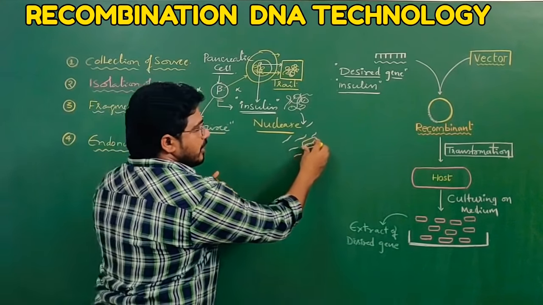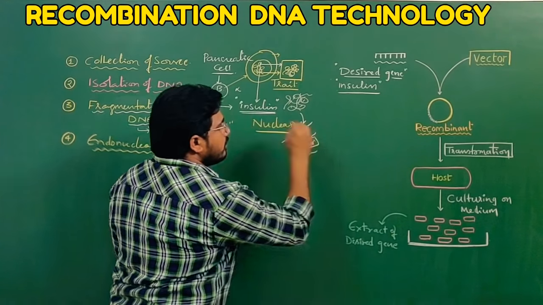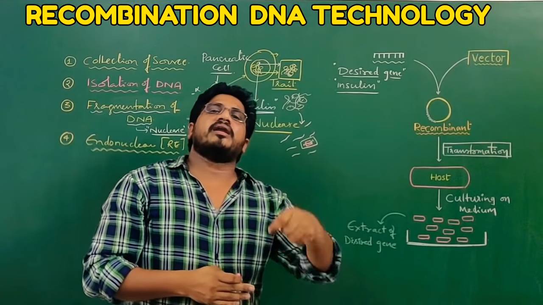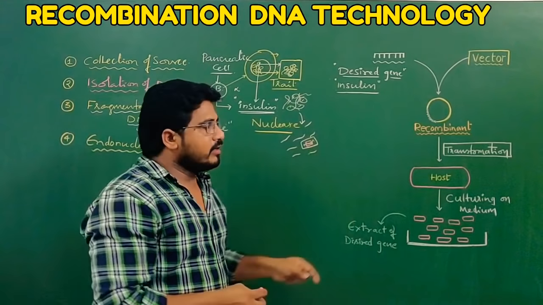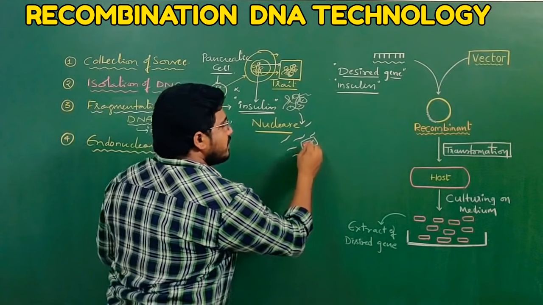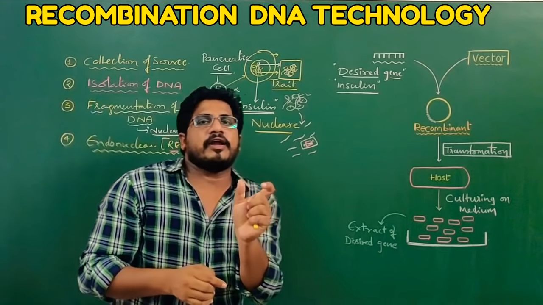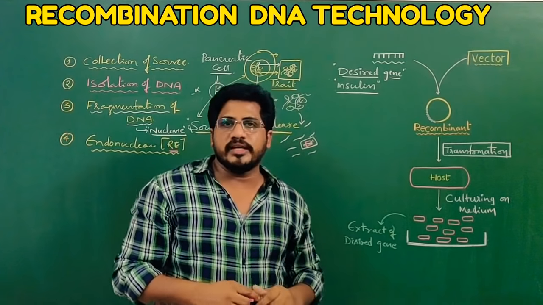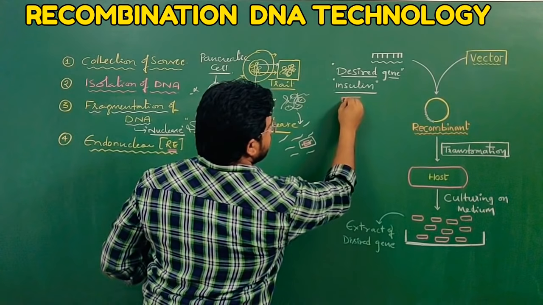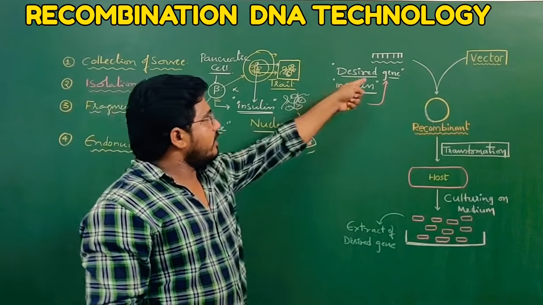If you take the entire fragment, there is no use. In that, from here to here, only the responsible DNA sequence can transcribe and give mRNA, then the mRNA undergoes translation and gives a protein called insulin. Then why should we use the entire length of the fragment? There is no use. That is why we use restriction endonucleases. They will cut only the wanted fragments or wanted DNA sequences. So that is step 4. Once the wanted fragment has come, that is called the desired gene. This is the story behind the desired gene.